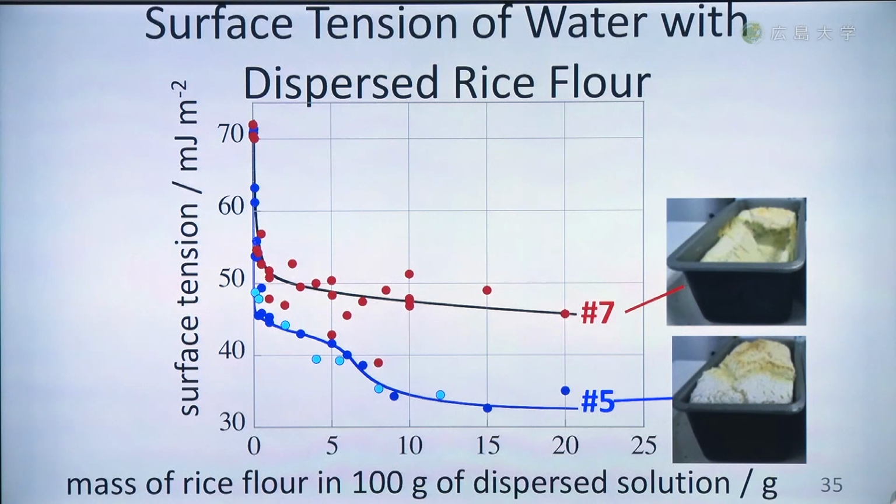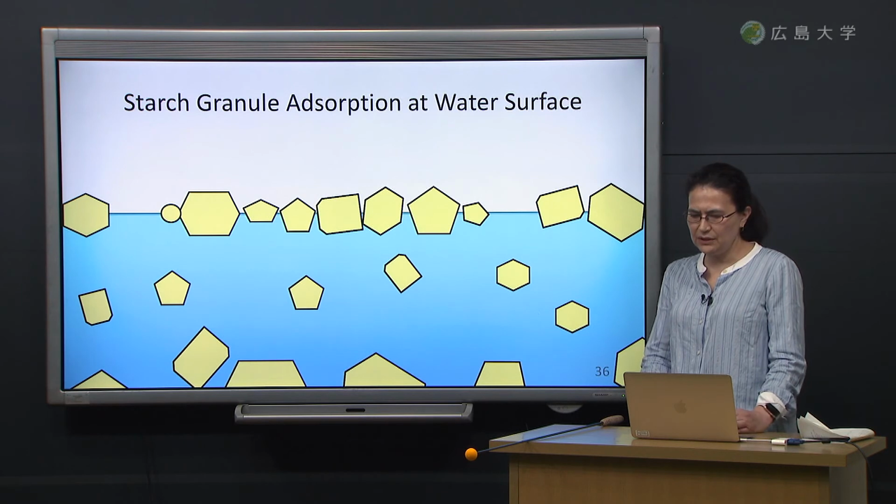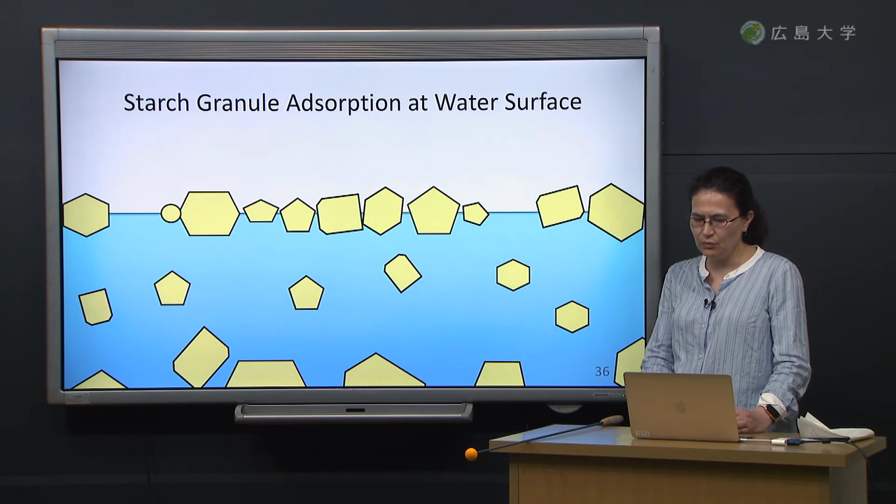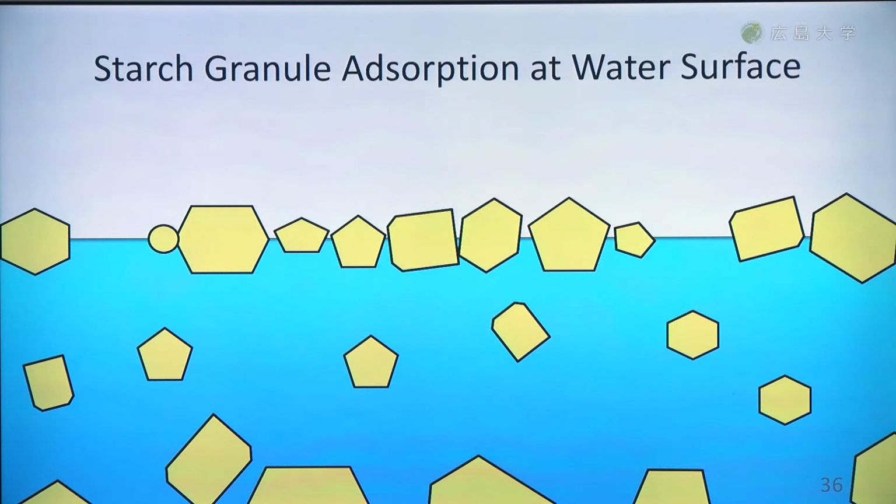The ability to lower surface tension of water is technically called surface activity. The surface activity of number 5 is as strong as that of common surfactants. So this is the schematic diagram of an idea we got from the surface tension measurements. We confirmed this hypothesis